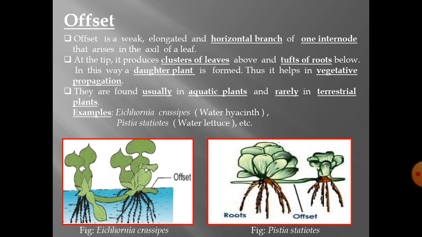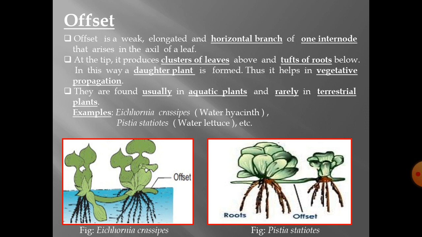Students, out of these two illustrations, I would like to add some more information about Eichhornia crassipes. Well, it is famous as the terror of Bengal because it is one of the most invasive weeds found growing wherever there is standing water. It drains oxygen from the water, which leads to the death of fishes.